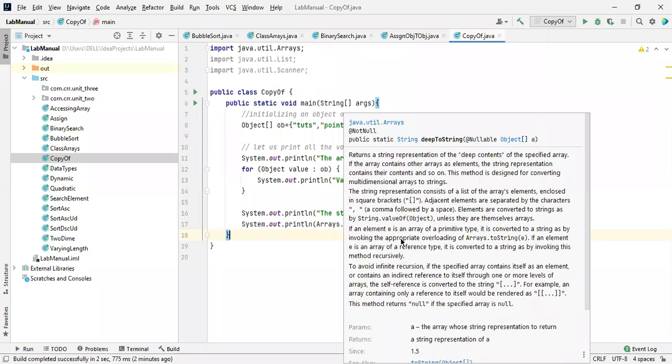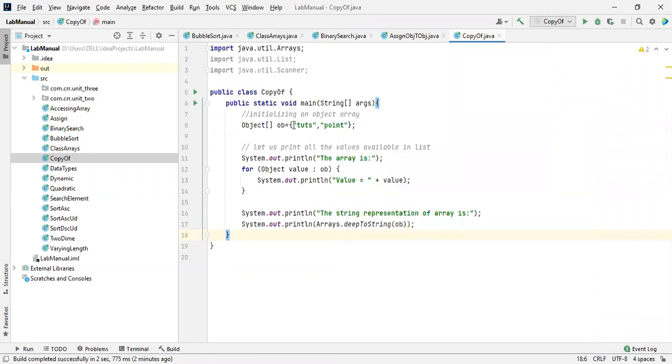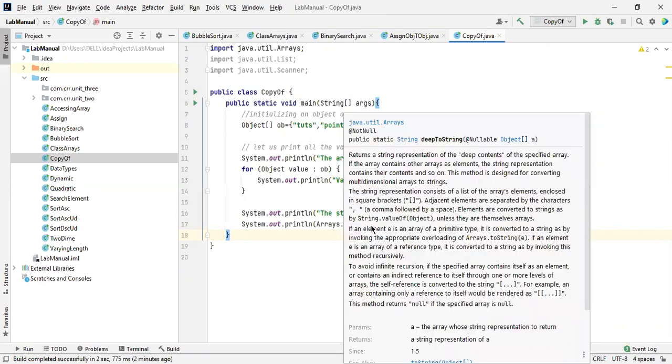If an element is an array of a primitive data type, it is converted to a string by invoking the appropriate overloaded method. So if we consider an element inside this object which is a primitive data type, it will be converted to a string value.